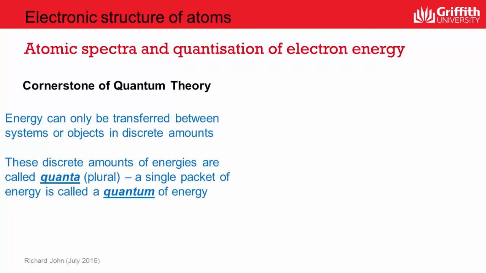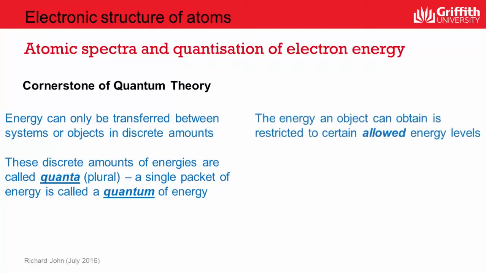In classical physics and in our everyday experience, it's thought that any object can attain any arbitrary energy value simply by transferring a sufficient amount of energy. For example, in our everyday experience, we feel that we can add or subtract any arbitrary amount of energy to a system or object. It turns out that this is not the case.